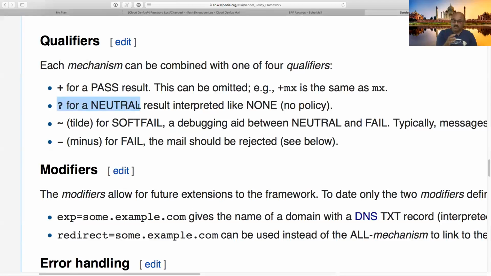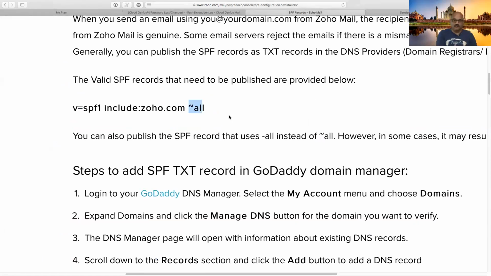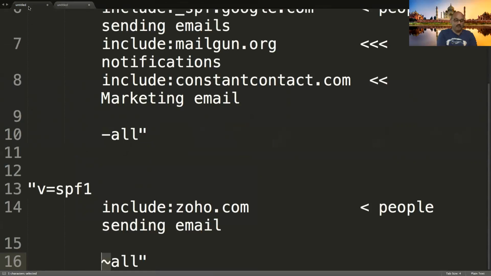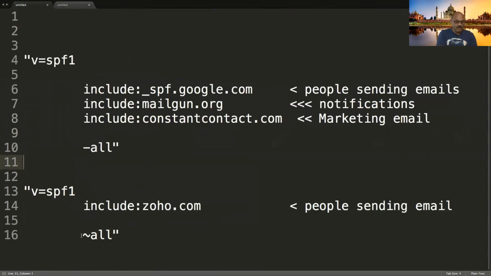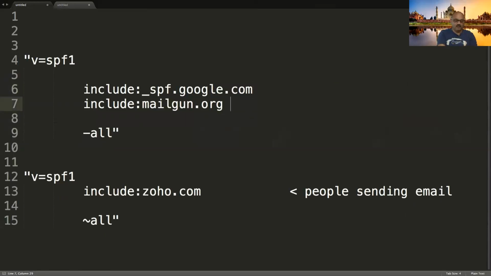Minus is a very, very strict policy. And then tilde is kind of a soft fail. So it is a permissive policy, and this is good to start with. That's why Zoho and others suggest that you use a tilde, because it is the beginning of your domain's email journey, and your domain's email usage patterns are evolving. It's a new domain, so you go with a tilde. Once you know for sure that you're not going to use anything other than these two that I have, and I have made sure that I'm not allowing anybody to send anything else whatsoever,